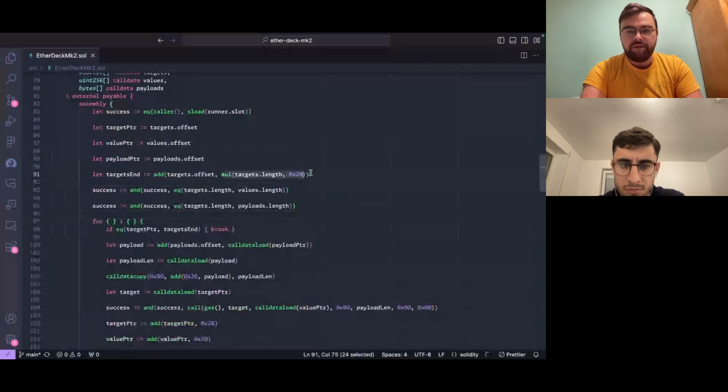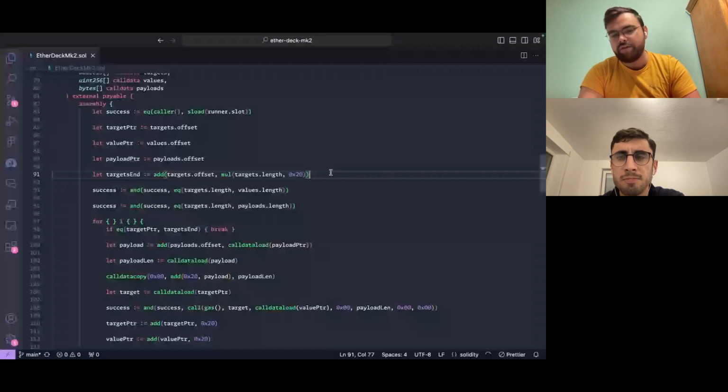And then there are some other things in here, for example mul 0x20. This is essentially multiplying something by 32. There are cases in here where